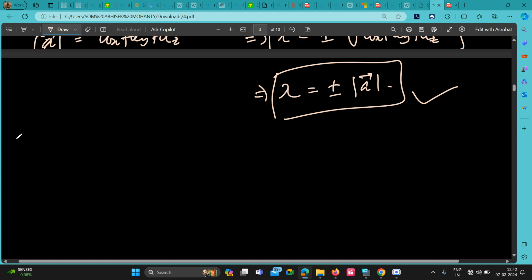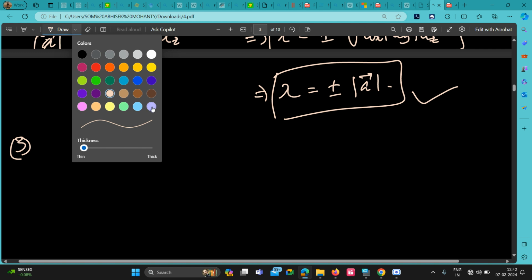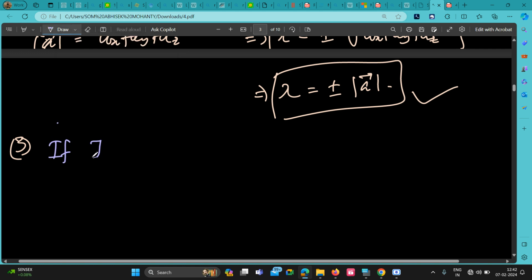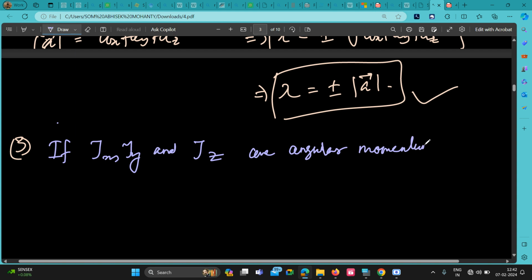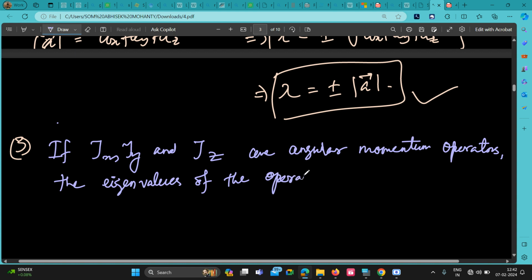Okay, next question. Question number 3. If Jx, Jy, and Jz are angular momentum operators, the eigenvalues of the operator (Jx plus Jy) by h cut are